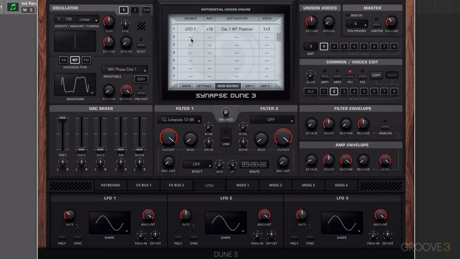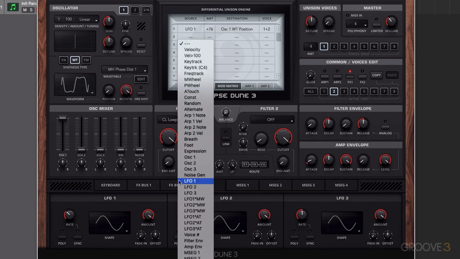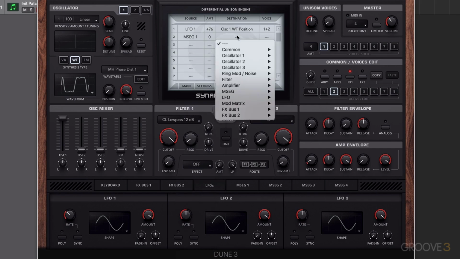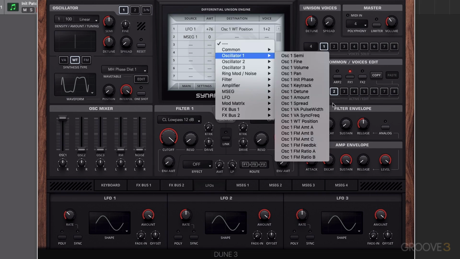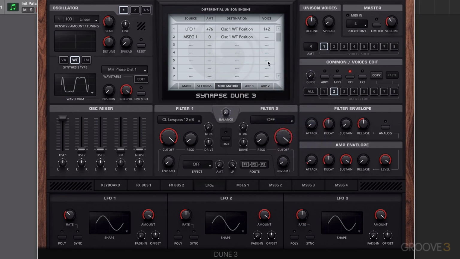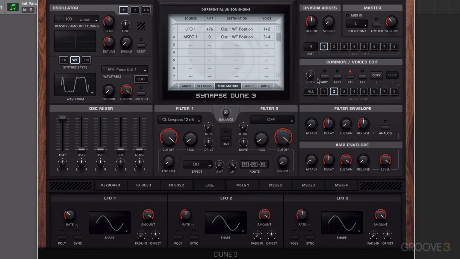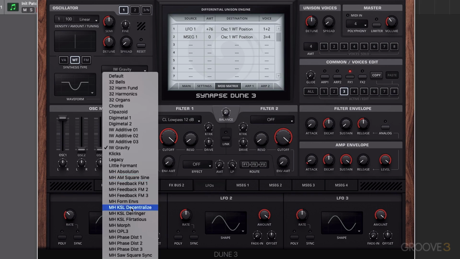Okay, so let's come in here and choose one of our multi-stage envelope generators. And let's place this onto oscillator 1 wavetable position as well. But for this, let's choose voices 3 and 4. Okay, let's just take this off solo. Let's come to voice 3. Let's choose a different